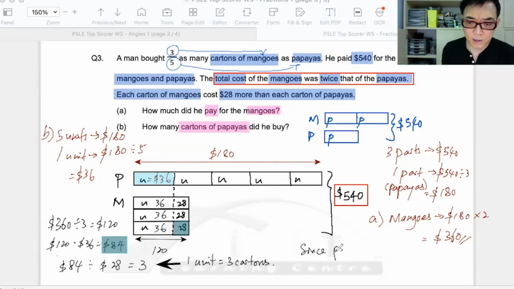So since papaya has 5 units and this is 1 unit, so that's 5 times 3 to get 15